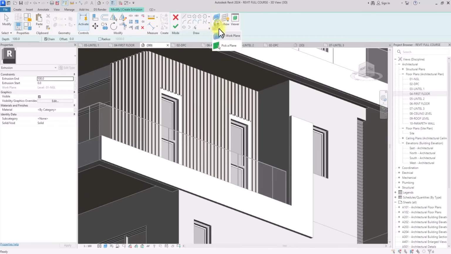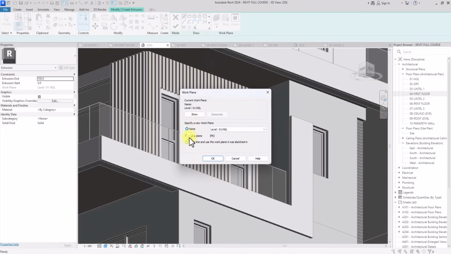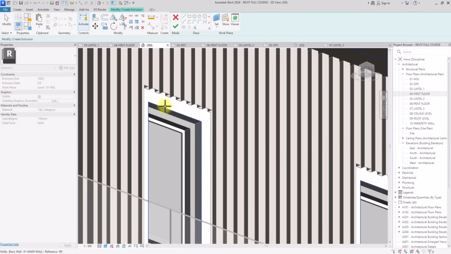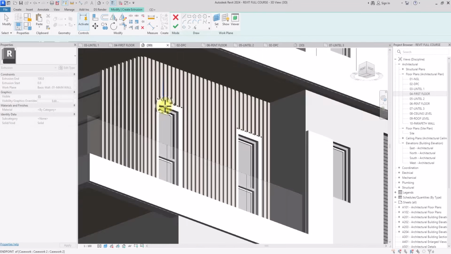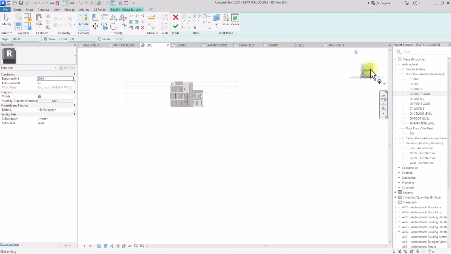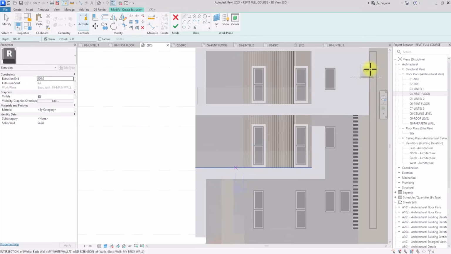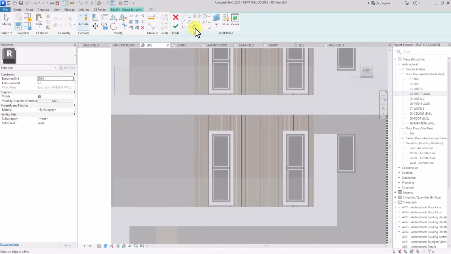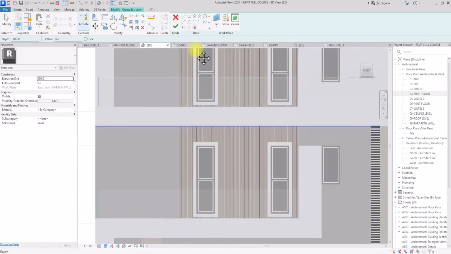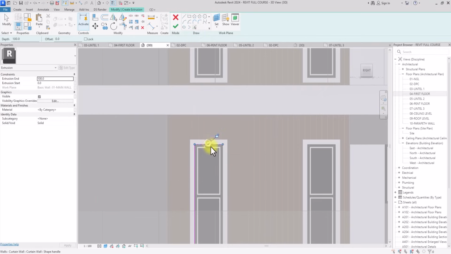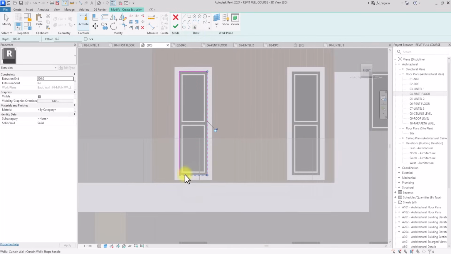Then I'm going to set the work plane, and I'm going to pick a plane, and I'm going to pick this wall. So now I've picked this wall, I'm just going to be sketching my extrusion. So I'm just going to be using this. Since this wall and this wall are on the same plane, I could just draw the profile for both of them. Just going to select this, select this